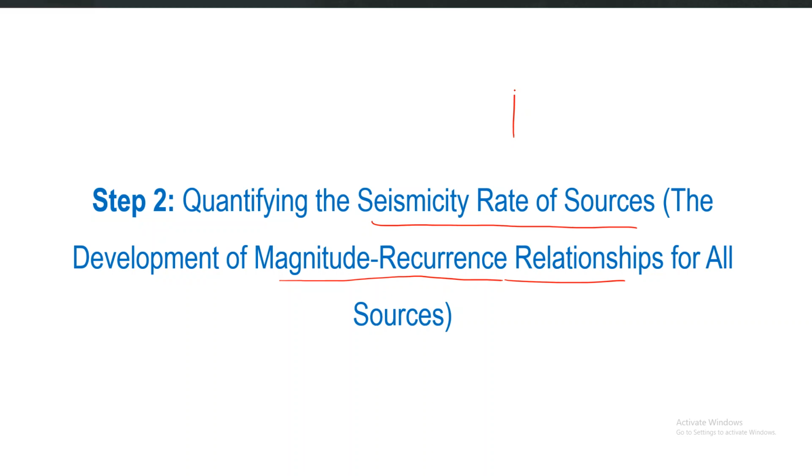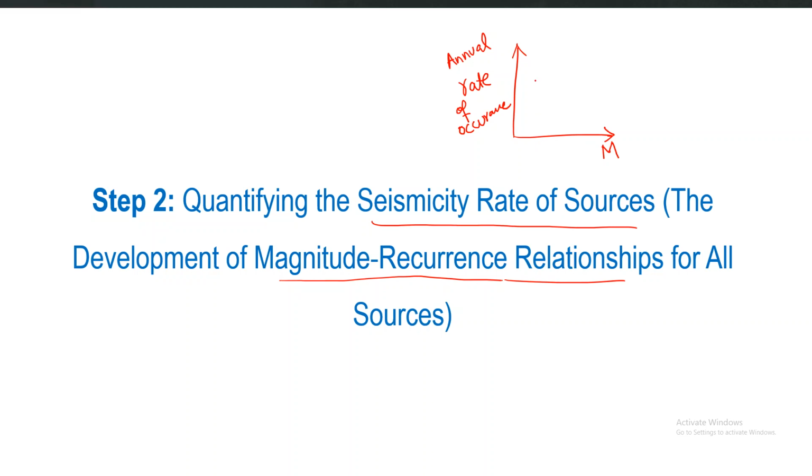As the name indicates, we will have the occurrence rate on the y-axis, the rate of occurrence, and obviously that occurrence will be in a particular time. For example, annual rate of occurrence means in 1 year. So the annual rate of occurrence may be on the y-axis and the magnitude on the x-axis. If you look at the historical data, you will see that large magnitude earthquakes are fewer in number, but the moderate to low magnitude earthquakes are higher in number, they are more frequent.